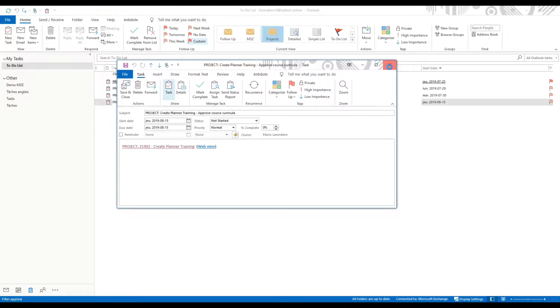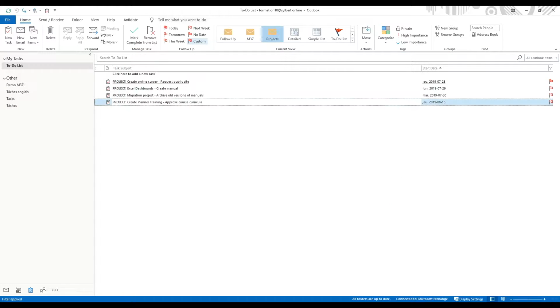So I'm just going to close it. Perfect. So that way, M3Z really becomes the hub for both my individual and collaborative tasks. So everything is in one single place, and this is how you actually take control over all your to-dos and really save time.